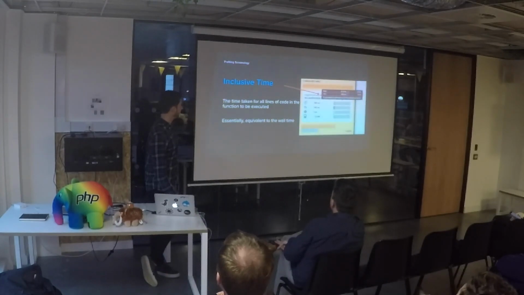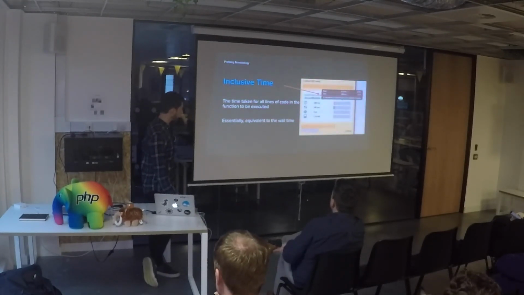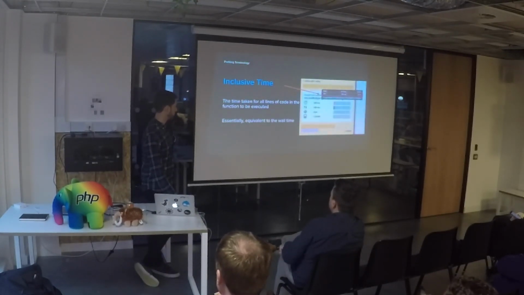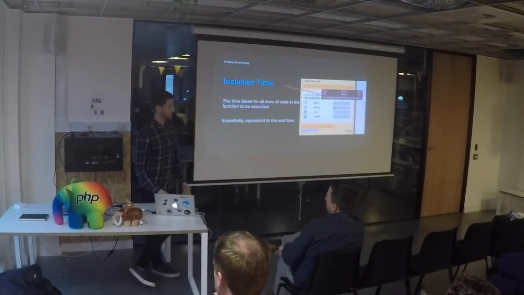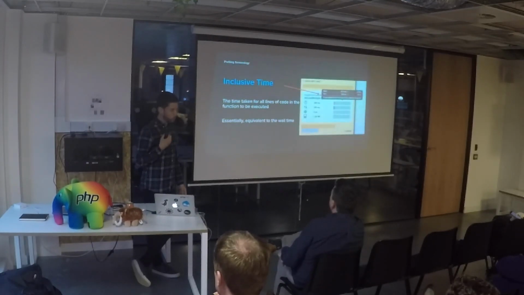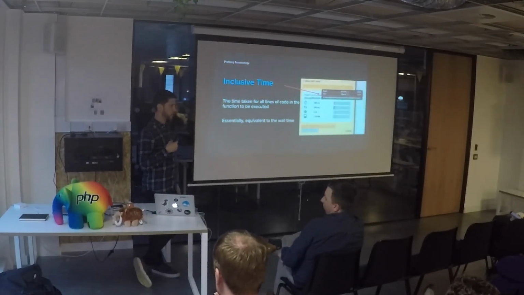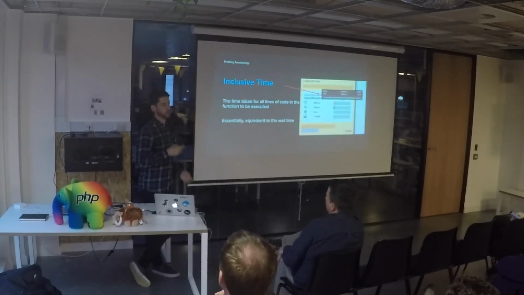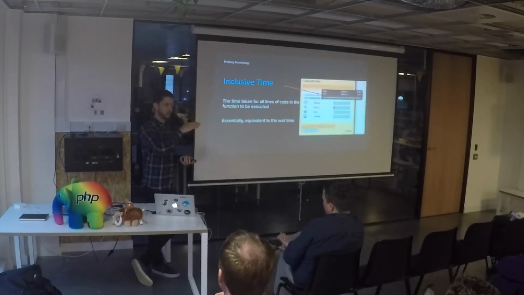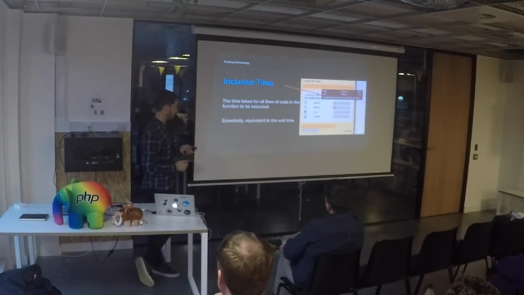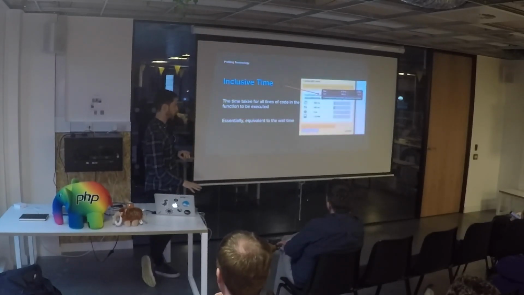So inclusive time is the time taken for all lines of code in the function to be executed. It's basically the same as our wall time. So what this does is it helps us find the critical path of our application. So where we're spending the most time as we come down that call graph. And I'll show you one of those in a minute. Hopefully that'll be a bit more